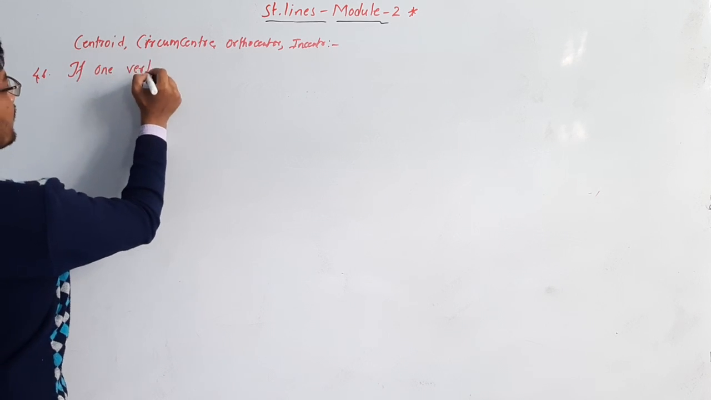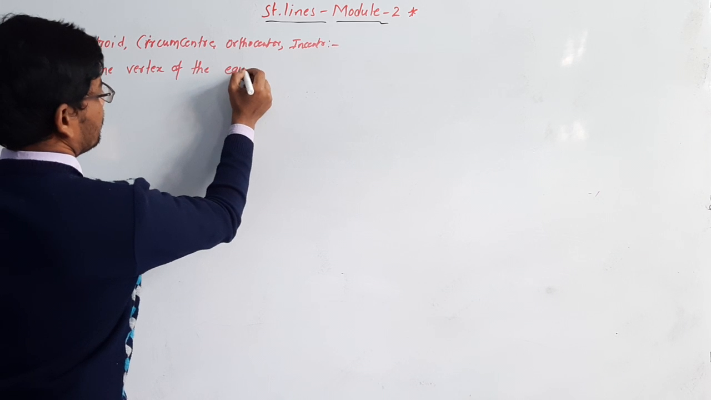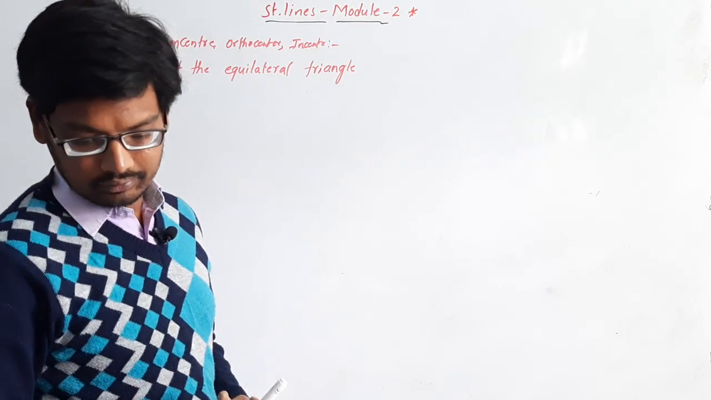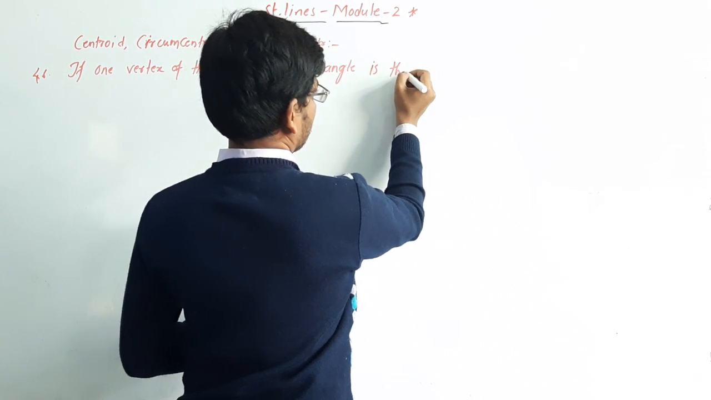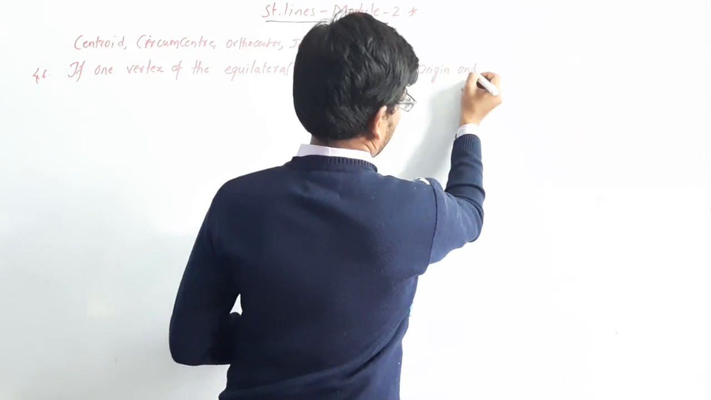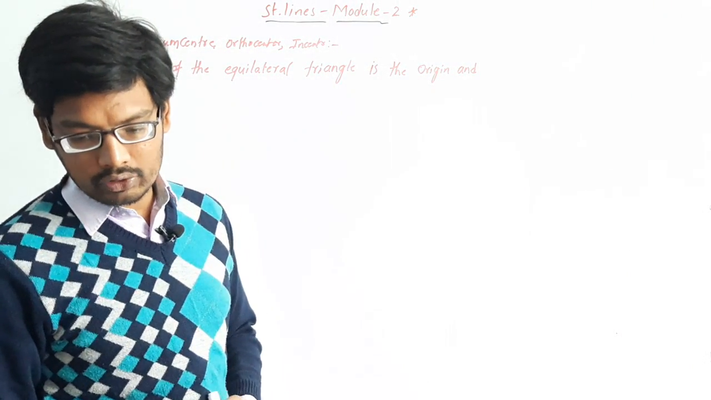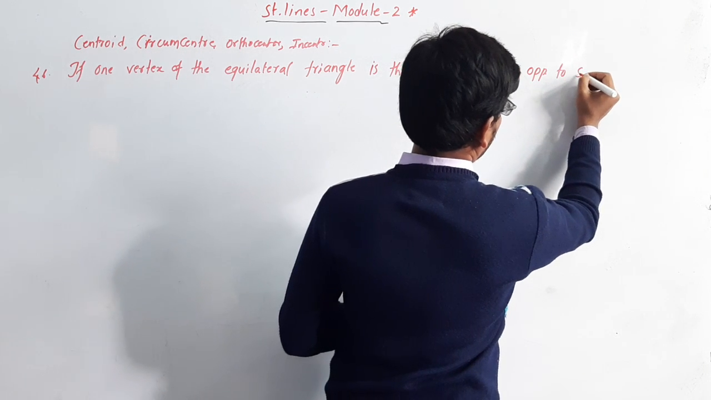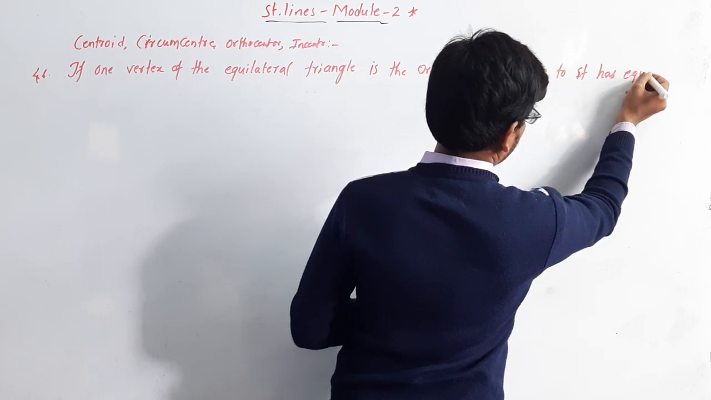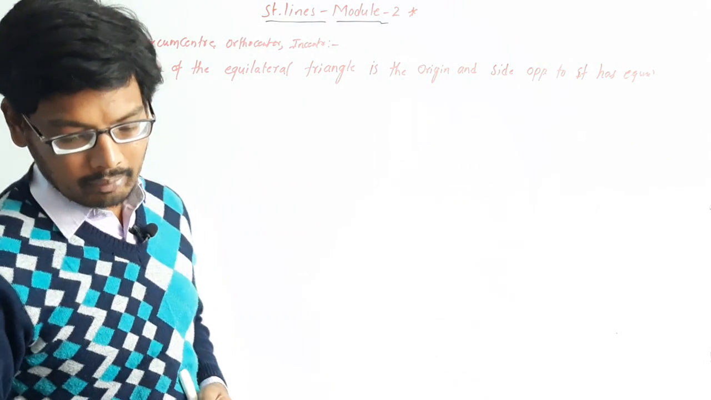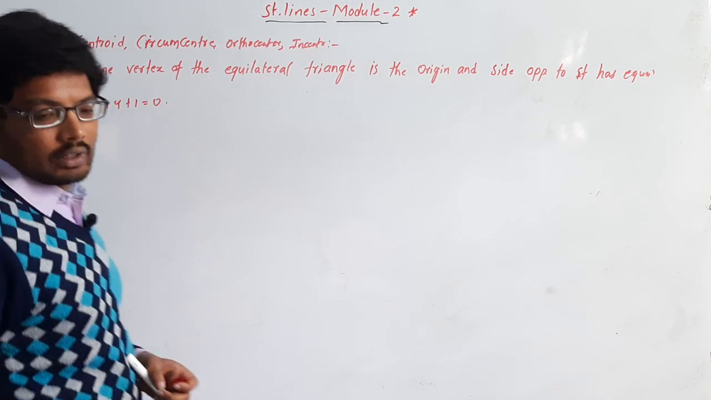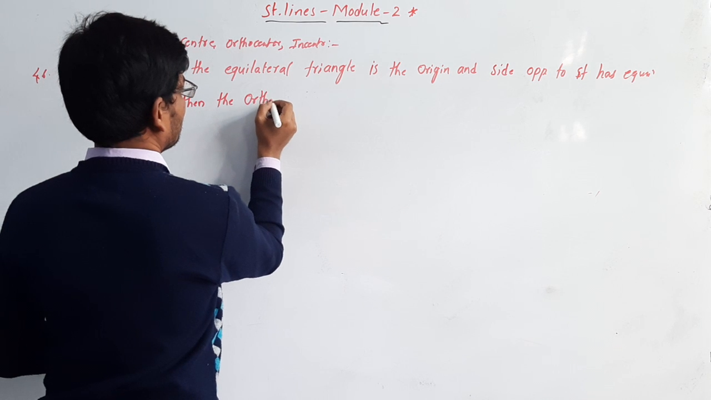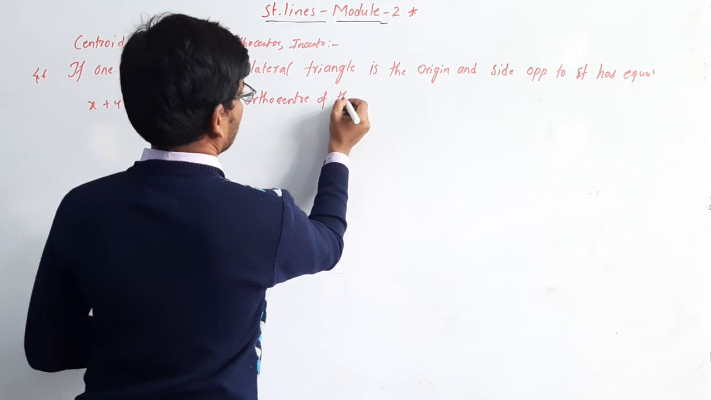if one vertex of the equilateral triangle is the origin and the side opposite to it has the equation x plus y plus 1 is equal to 0, then the orthocenter of the triangle is